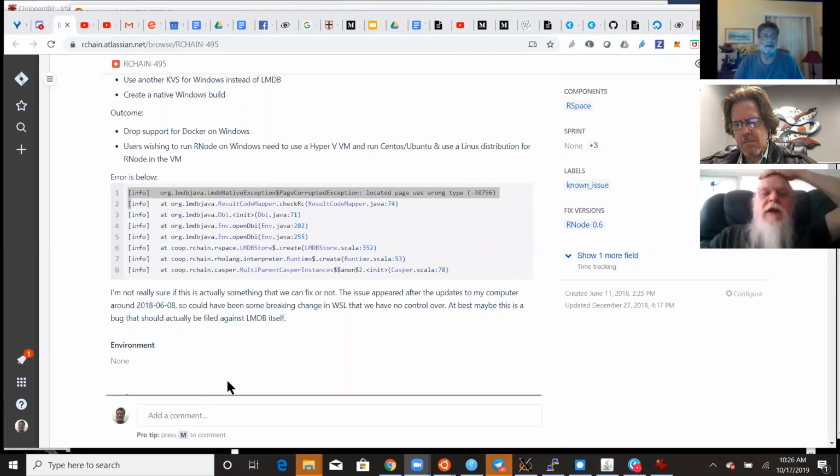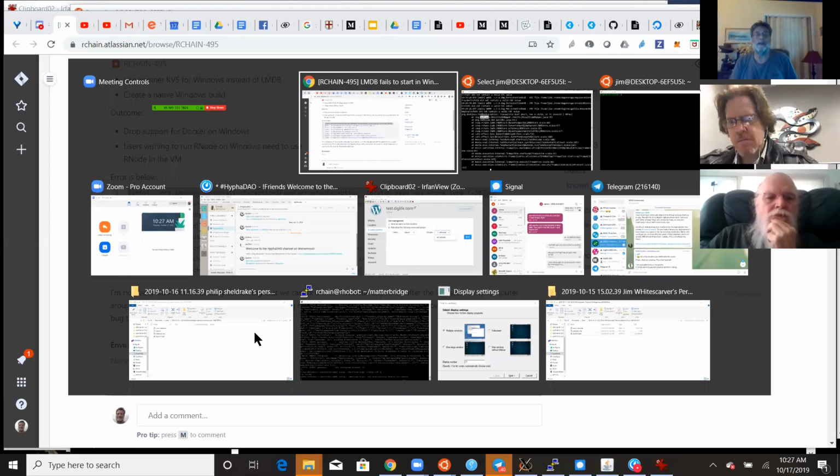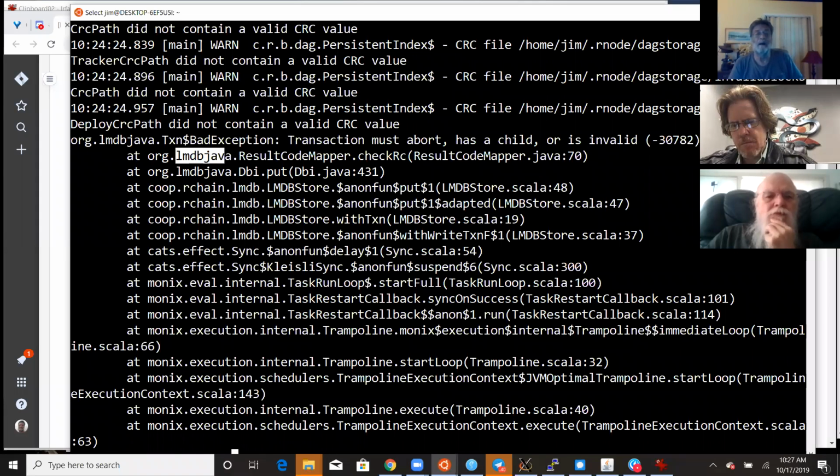But this error is not the error we're getting now. We're getting an error that's a little different. Yeah, I know, but this is a class of errors that I want to look at because I've seen this recently. LMDB native exception. Page corrupted exception. That's interesting. Now, what am I getting here? Did not contain valid CRC value. I found a reference to that on a Java site.